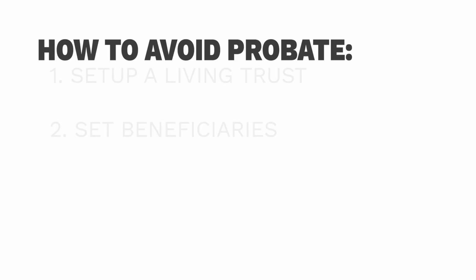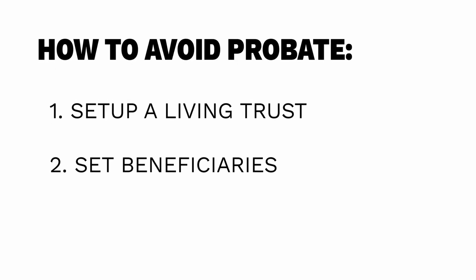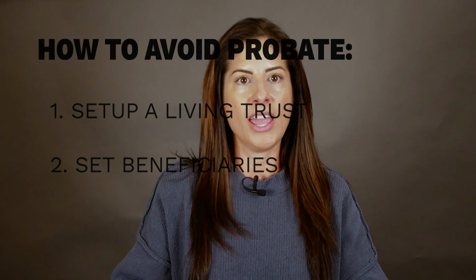The second thing that you can do is set beneficiaries on any account that can have one. This is really important. A designated beneficiary trumps everything else. Yes, even a living trust. So go right after this video and check your beneficiary settings in your accounts. If you can set one, do it. Not to mention, check to make sure your old ex-spouse or someone you don't like anymore isn't the beneficiary of